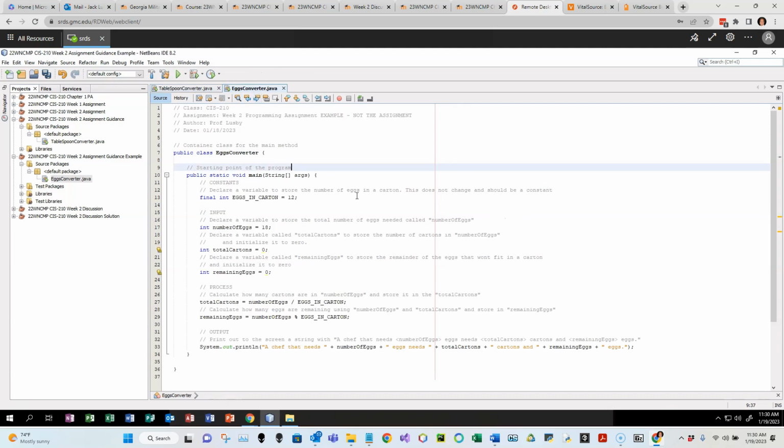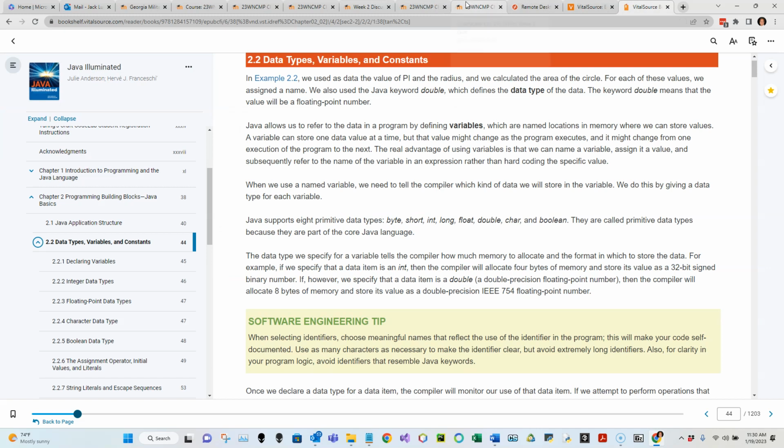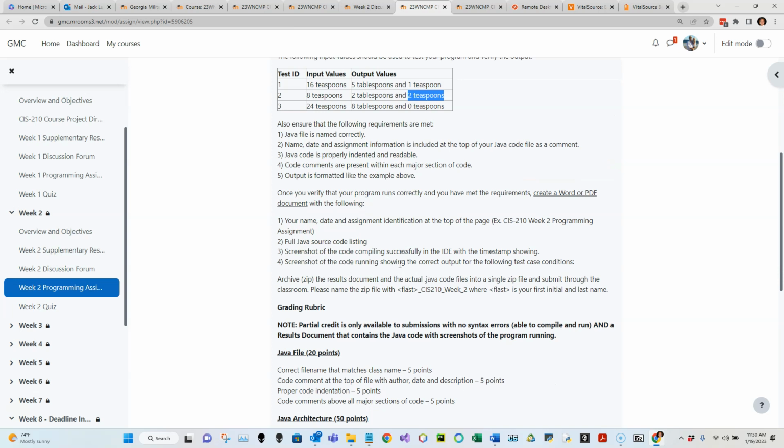And this is a similar example. As long as you can look at this and come up with the solution and get this to run, and let's say you test it with, what is it? These, where did it go? Test it with 16 teaspoons, 8 teaspoons, 24 teaspoons. When you test each one of these using your program, I need the output. I need you to screen capture each different run. I need to see this is the output, this is the output, this is the output. At least 3 different screen captures here, not one, in order to fully meet the requirements,